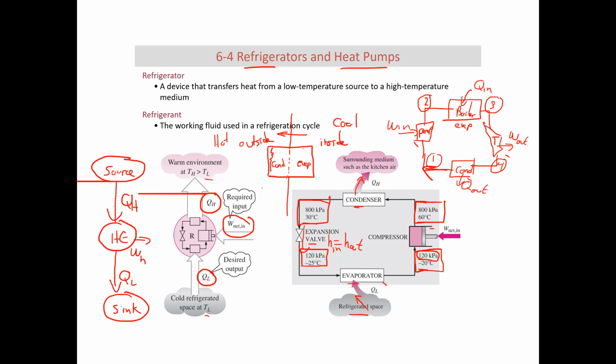What happens is that the outside part of the air conditioner has a fan that takes air inside the system here and blows the air over the condenser in order to dissipate the heat from the refrigerant to the outside. Q reject, QH. I'm rejecting my heat to the environment by using the air outside to exchange heat with the refrigerant, so that the air outside absorbs the heat from the refrigerant, turning the refrigerant from a superheated vapor here